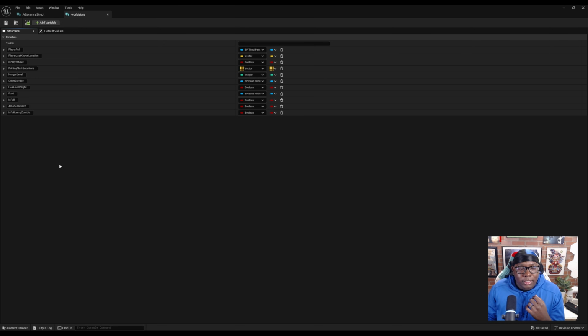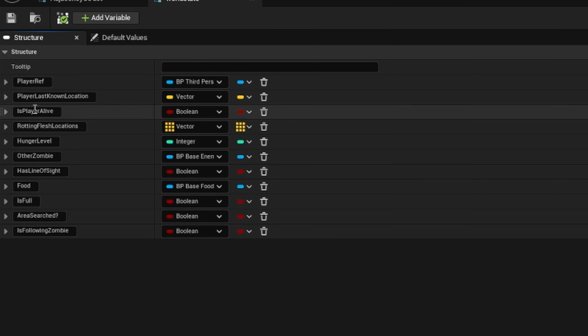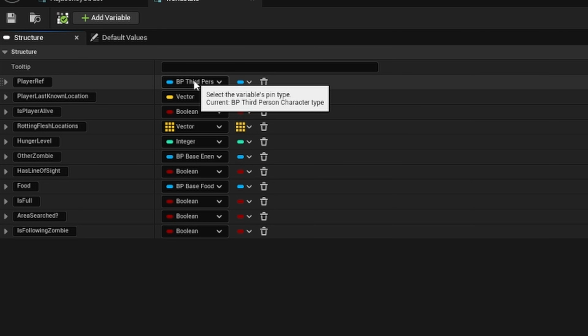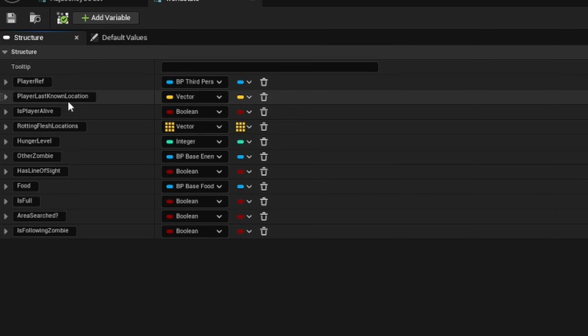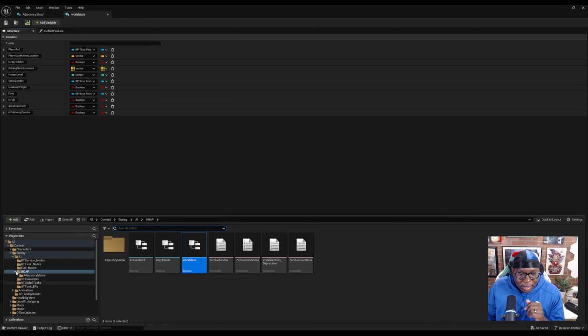And next we can take a look at our world state data. So this is a struct of values in the character. As you can see, there's a number of different ways that the data is represented. The player reference is a reference to the player character itself. Locations are vectors or arrays of vectors. There's booleans, there's integers. It's really easy to manipulate this data and get it to represent what you want it to. And currently, this is updated in a few ways. If we open up the NPC character,